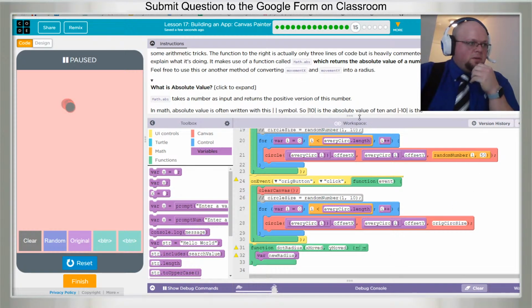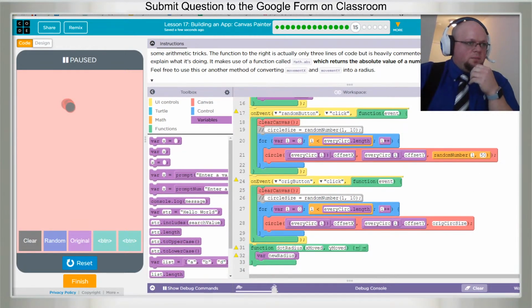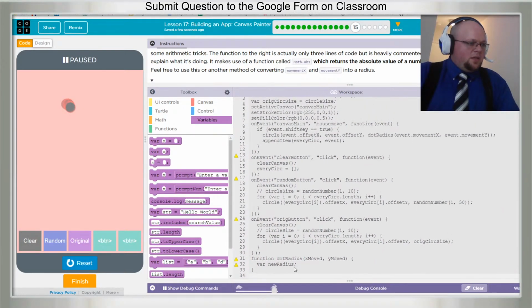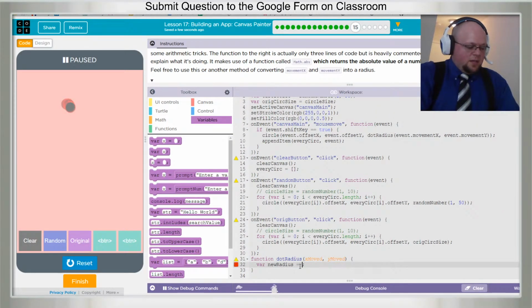So we are going to get our new variable, which is new radius, or speed as they call it, is going to be the math dot absolute of x moved, that's what I named the first parameter, plus math dot absolute of y move,